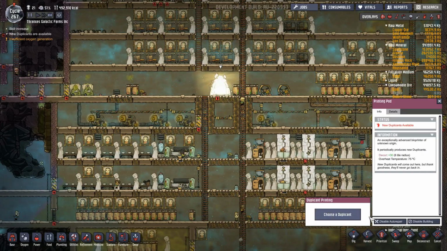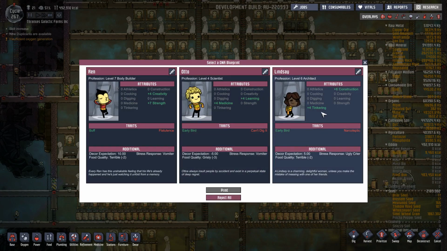Okay, let's see what duplicants are being offered. Construction, tinkering, strength, creativity, medicine, learning. I think we'll go with this duplicant. Well, let me check my list. I think everybody that has asked to join is joined. So we'll accept Ren,